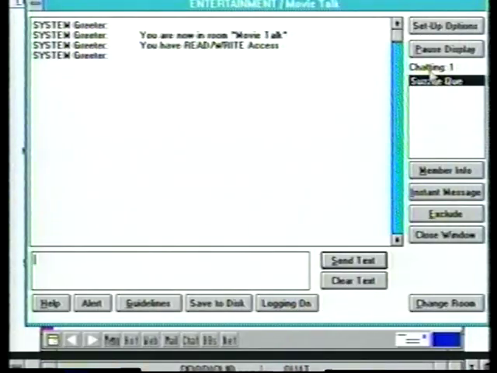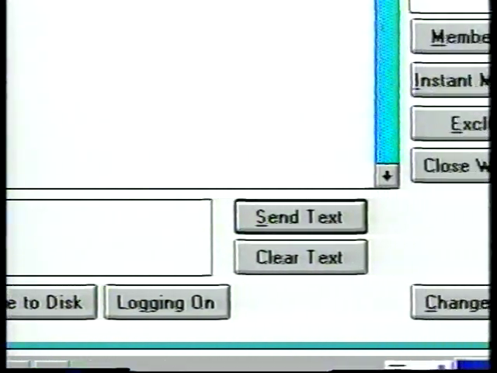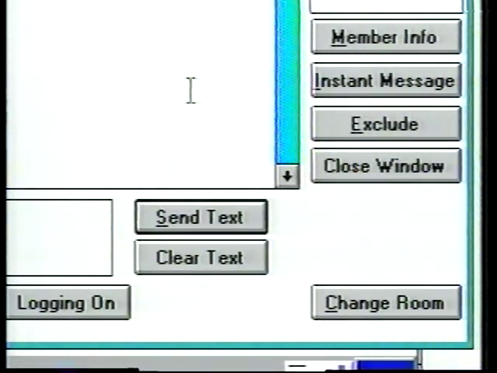The large part of the window shows the conversation as it progresses. The lower section is where you can type your own message. Use clear text to erase a message you don't want to send, or send text to add your comments to